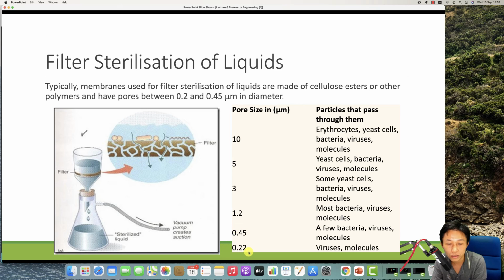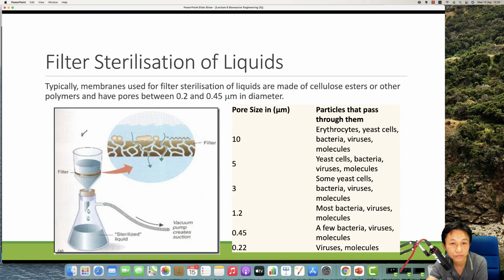We might use a very small pore size, like 0.22 micrometer, because we get rid of all the bacteria if we use this one, and some viruses can pass through. So you can consider what pore size you need, and if you just want to get rid of some bacteria, 0.22 micrometer is enough. Or sometimes it depends on your application, and again the virus can pass through this very